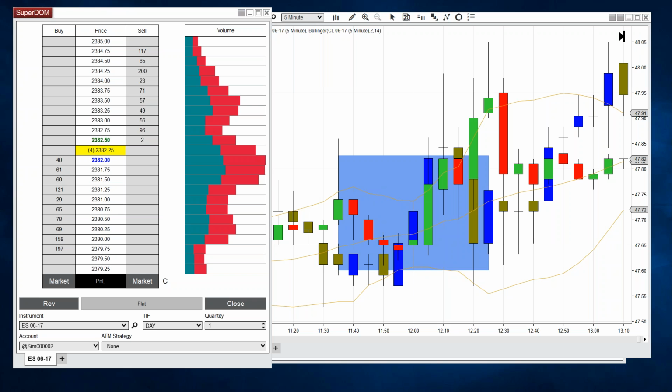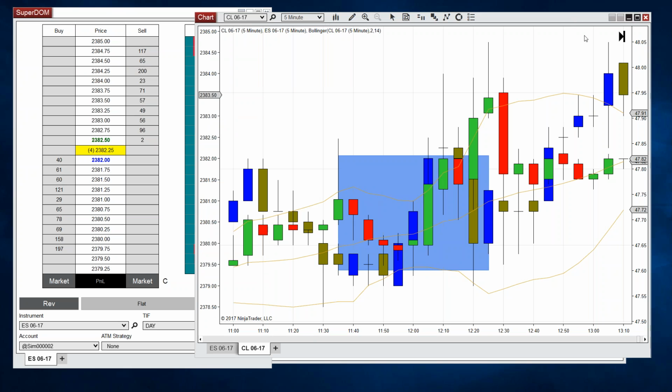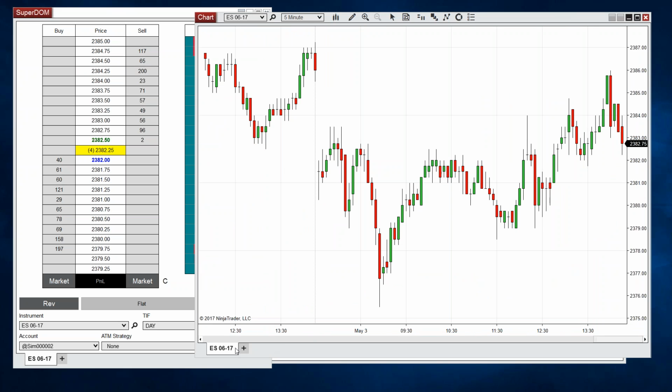If I have more than one account open in NinjaTrader, how, if possible, can I connect my open charts to each account? Can you say that one more time, please, Terry? If I have more than one account open in NinjaTrader, how can I connect my open charts to each account?